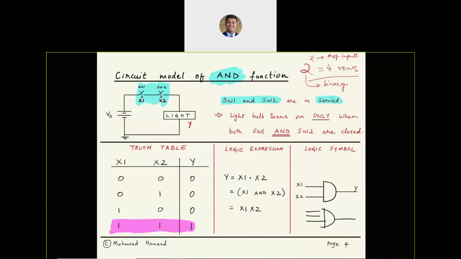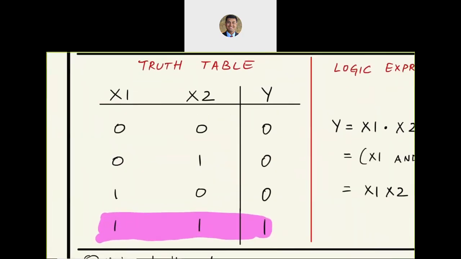Notice over here, as the size of the truth table increases, so to maybe 3 inputs and 4 inputs and 5 inputs and so on, we would need some sort of a pattern, some sort of a systematic approach to fill in all these combinations. And the way we do that is by taking the